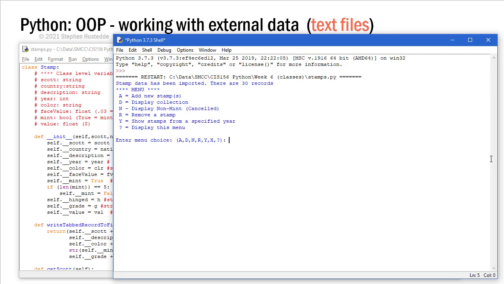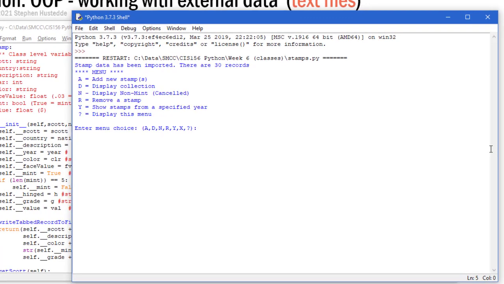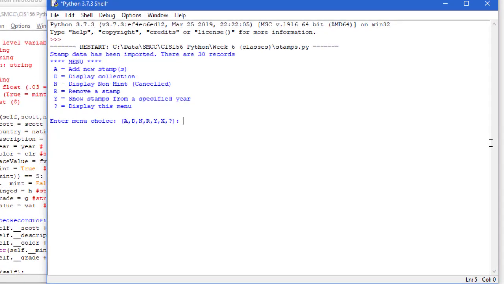What the main program does is it reads in that data file I just showed you as a tab delimited file and creates an instance of each stamp in a list that I've named collection, and then I can manipulate the stamps in that collection. So I can add a new stamp, I can display the collection, I can display all the non-mint canceled, because this particular stamp collector wants to replace some of their used stamps, ideally with mint stamps. They'd like to have a report to be able to run those and see what they have that's currently canceled in their collection. I can remove a stamp, maybe one is sold,